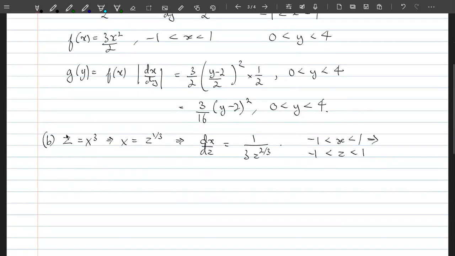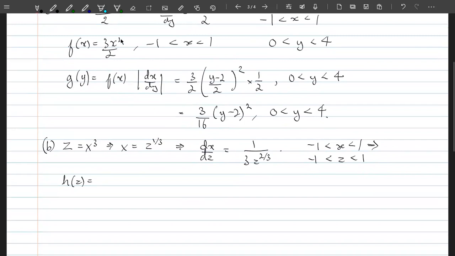So then it's just a matter of substituting. Let's say h of z is, I'm not rewriting the formula, so f of x in terms of z. So f of x is over here, x square. What is x? Z cube. Z to the power 1 by 3, right? This times modulus of dx by dz, which is this